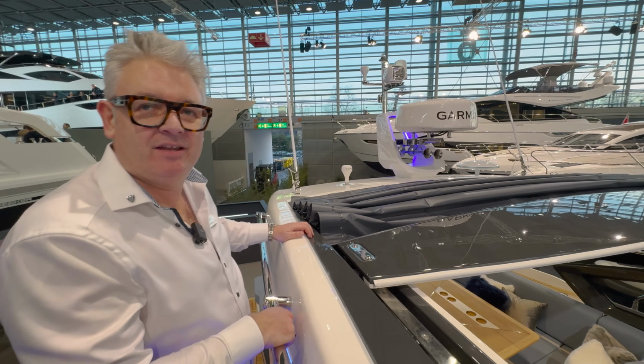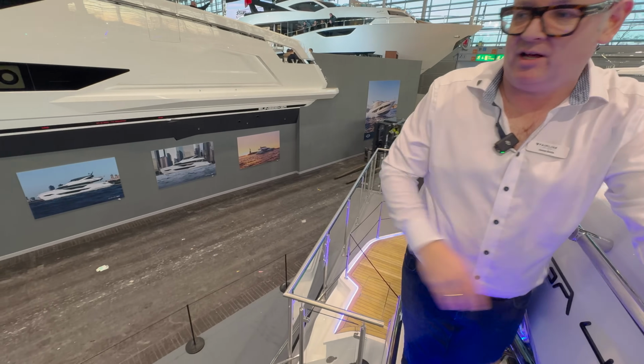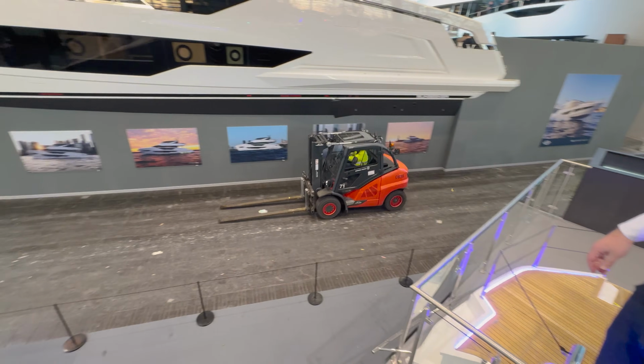Oh, here comes matey in the forklift, look. Look, he's Speedy Gonzales, look. All right,